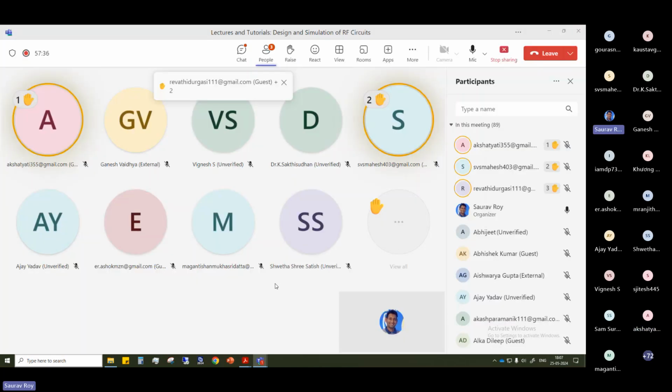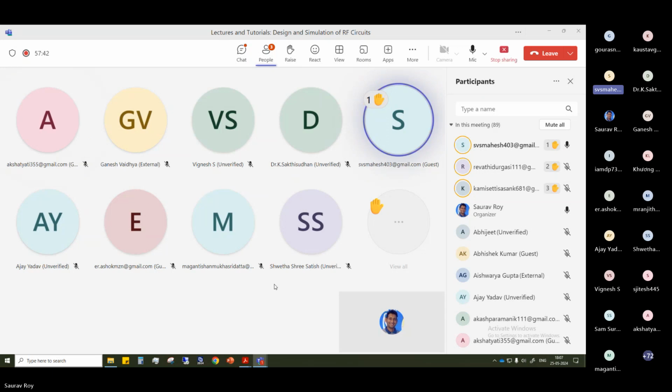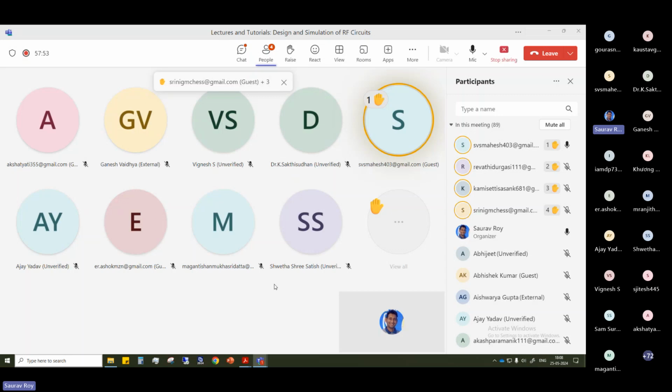Please speak, Mahesh. Actually, when we are going for a high power design, what should be the value of dielectric constant and loss tangent? Obviously for very high power designs, you need to go to very low loss tangent designs. So here if you see